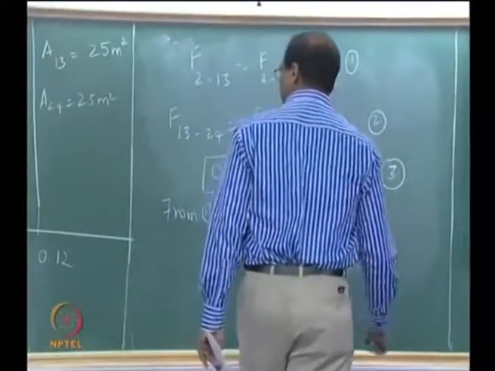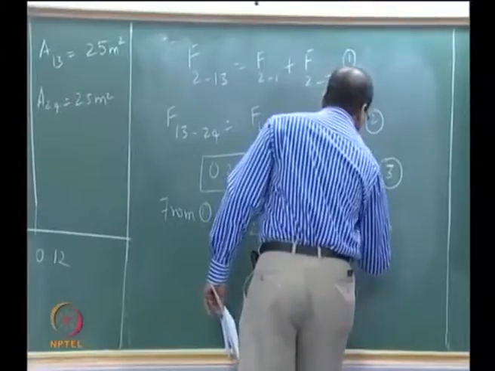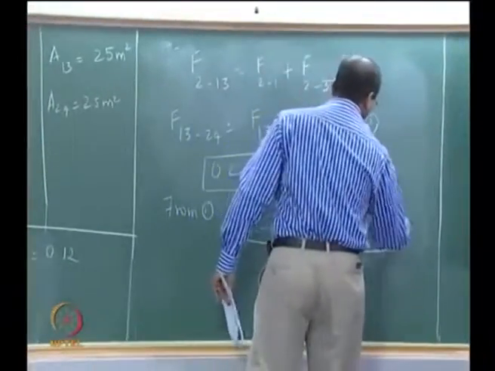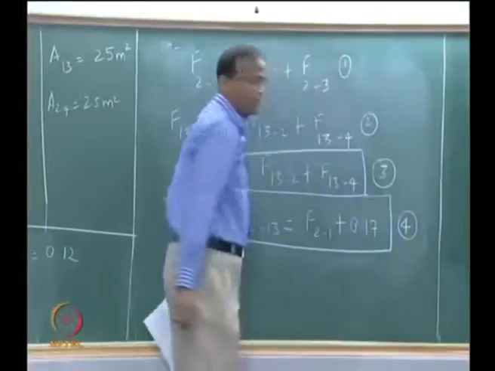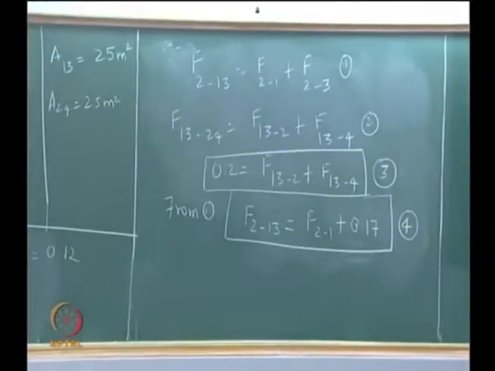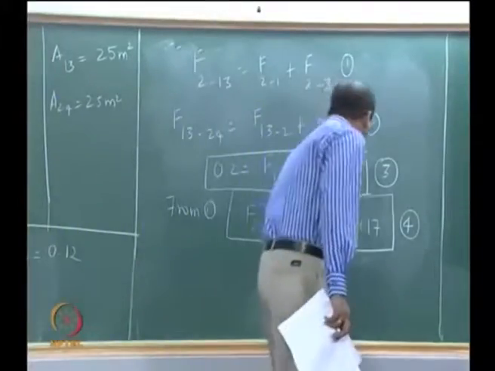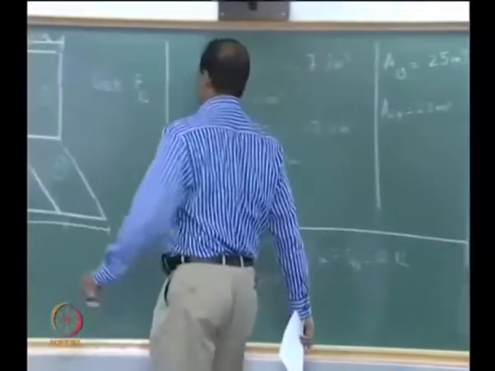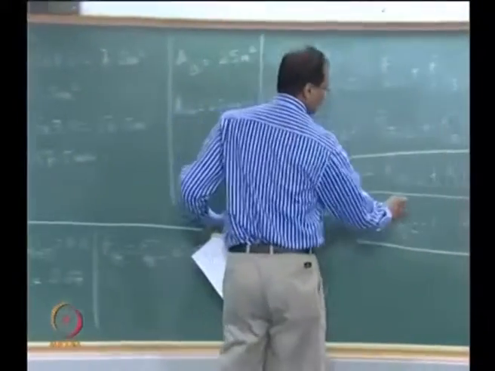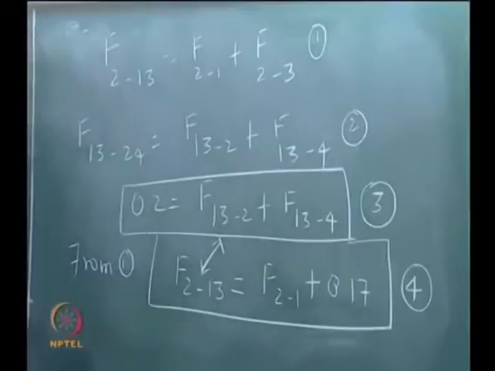Yeah, we have F2 to 3, isn't it? 0.17, correct? Okay. Now I will try to link these two. It's possible, right? Because A2 F213 is equal to A3, sorry, A2 F13 is equal to A13 F13 to 2, right? Okay. So we will get rid of the figure now.